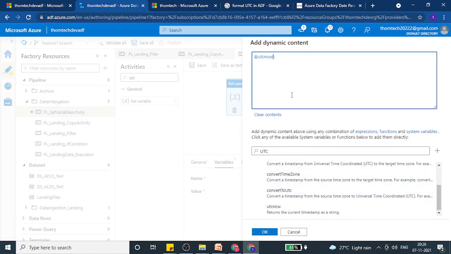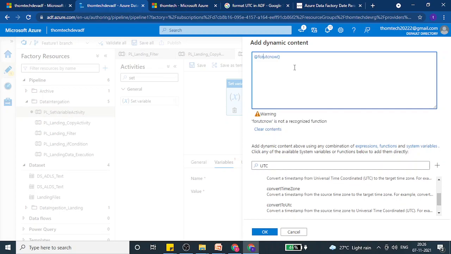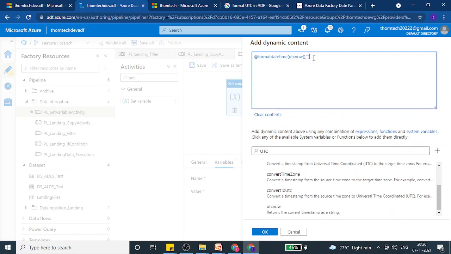This UTC function will act in a similar way to how we use get date in SQL. Once you give this value, go and make use of the format datetime function to apply proper formatting to this date, so we can give year, month, date.